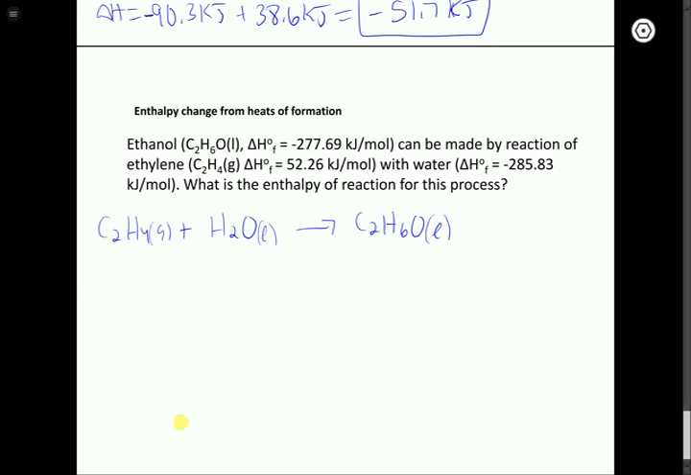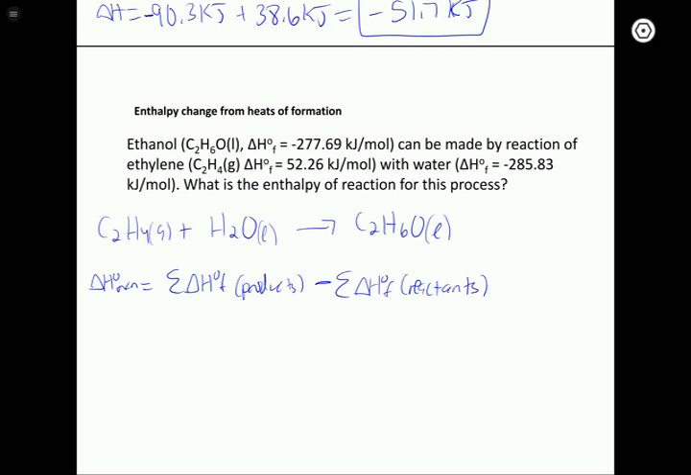Now if we want to find the delta H for the reaction, remember that it's going to be the sum of the delta H's of formation for the products minus the sum of delta H of formation for reactants. So when we're using heats of formation, it's going to be products minus reactants, so make sure you do them in the correct order, and also keep in mind you have to put a negative sign in front of one of those. So on the product side, we have just C2H6O, so delta H of formation for that is given to us as minus